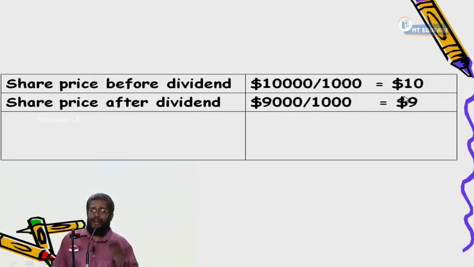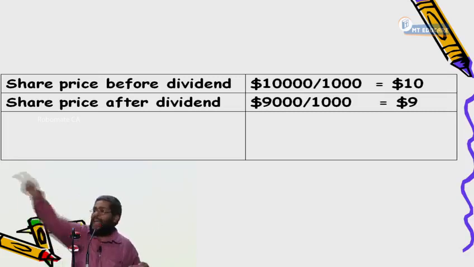What is share price after dividend? In the last problem, the share price before dividend was 112, and the dividend is 10. What is it after dividend? 102. In numbers, right or not? Yes or no? I discounted by 1 plus K to find out P0 because P1 is after 1 year.